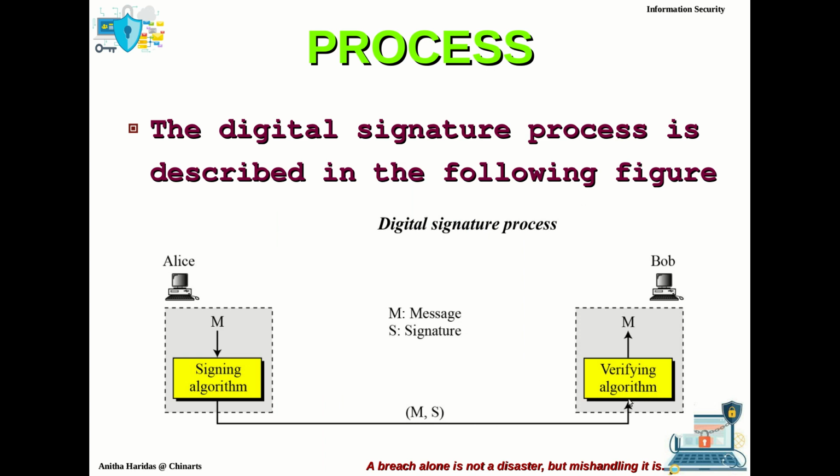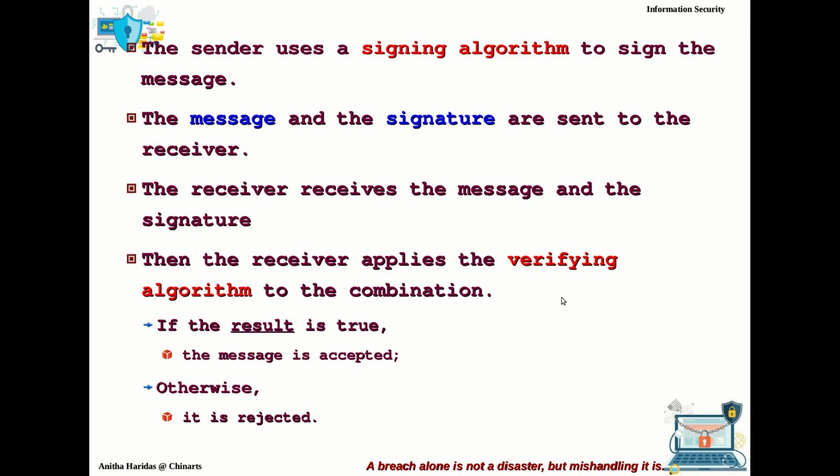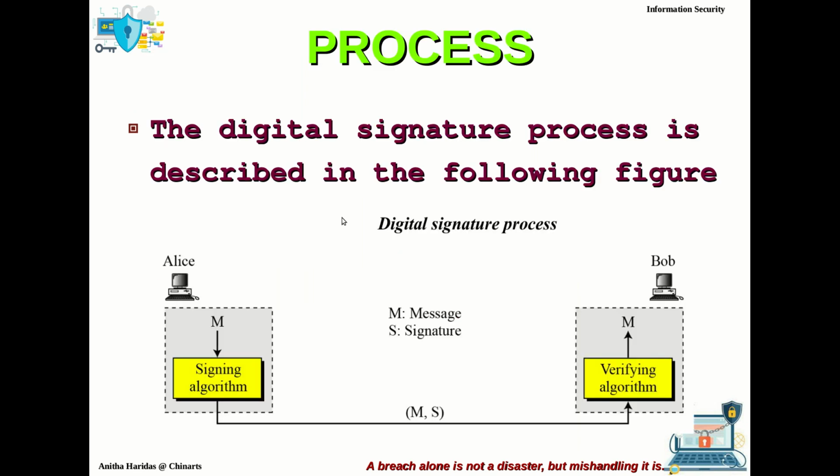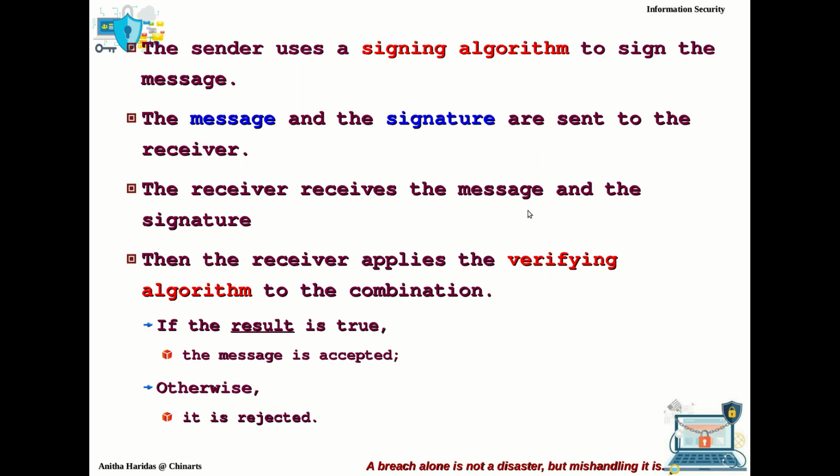Both message and signature will be received on the receiver's end, and he will verify the signature to check the authenticity. So the sender uses the signing algorithm to sign the message, and the message and the signature are sent to the receiver. The receiver then applies the verifying algorithm to the combination. Which combination? Both message and the signature.